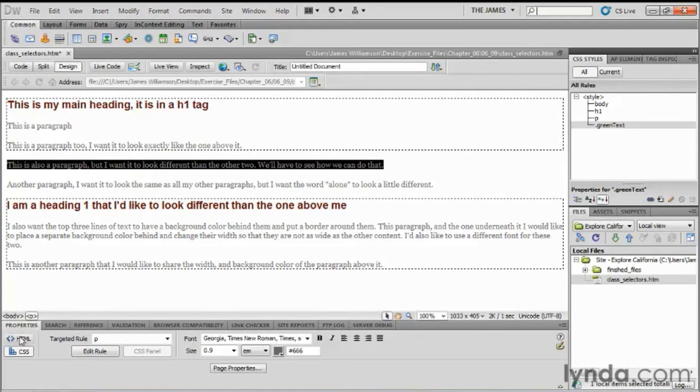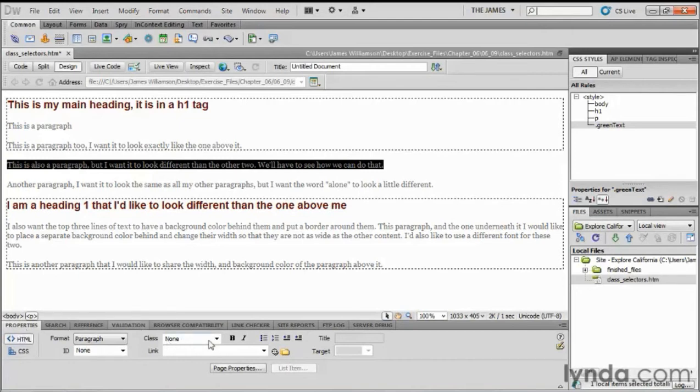Okay. Now, I'm actually going to switch over to my HTML properties. That may seem a little weird to you. Like, why are we switching to that? Well, because the class attribute is actually an HTML property. You're going to see as soon as we apply this, when we look at the code, that what's going to happen is our paragraph is now going to have a class attribute. The value of that will match what you have in your styles,